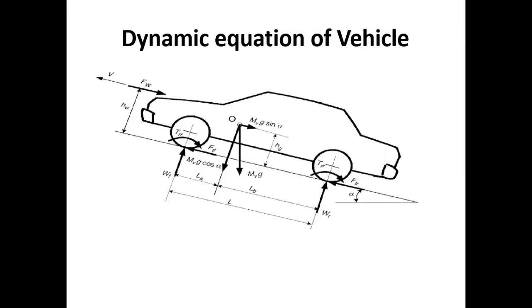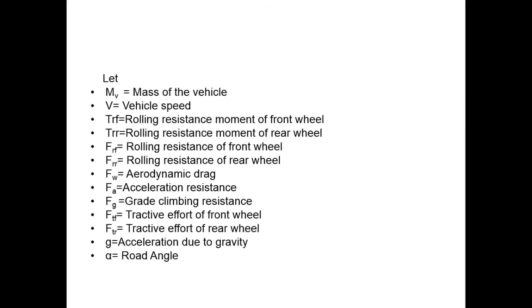Consider this figure. While deriving the dynamic equation of the vehicle, we have to know the concept of moment. Moment is the turning effect of a force. Moments act about a point in a clockwise or anti-clockwise direction. If the effect on the body is to turn it anti-clockwise, then the moment of force is called an anti-clockwise moment, and it is taken as positive. Similarly, if the effect is to turn it clockwise, it is a clockwise moment, and it is taken as negative. And we know the sum of moments about any point is 0. These are the notations used in this derivation.